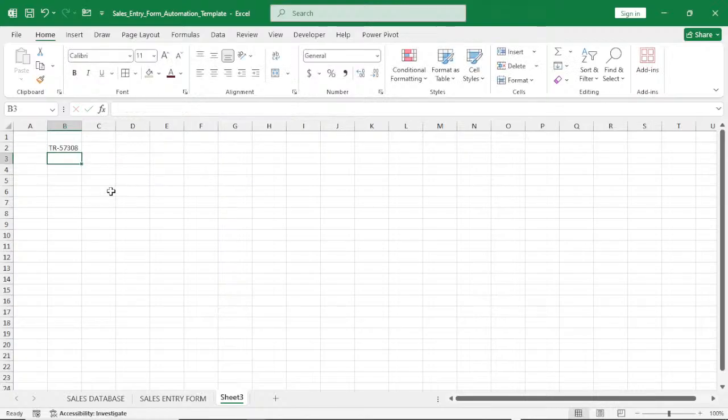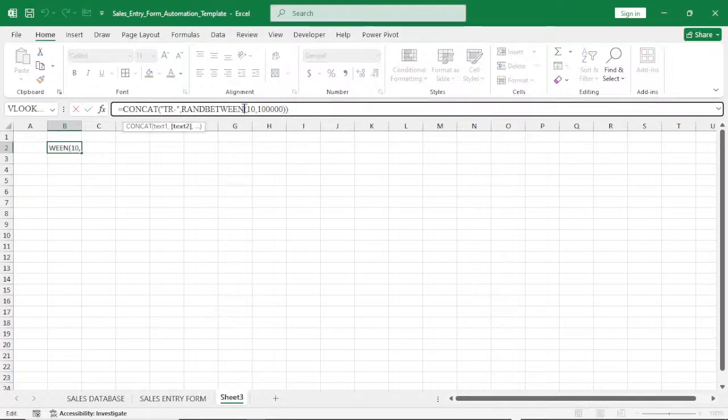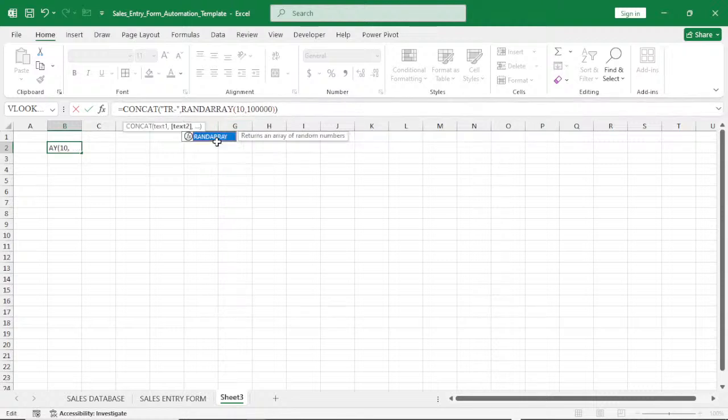We have this. So with this here, we can drag down, or we come here and use another function. That reminds me, we use the rand array. Now under the rand array, we are going to,